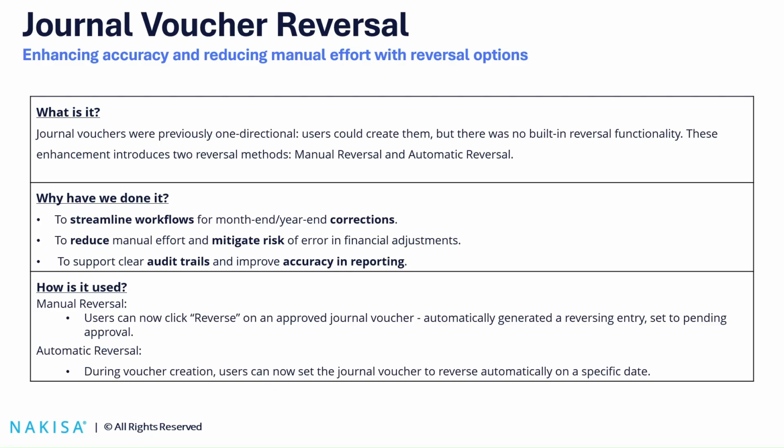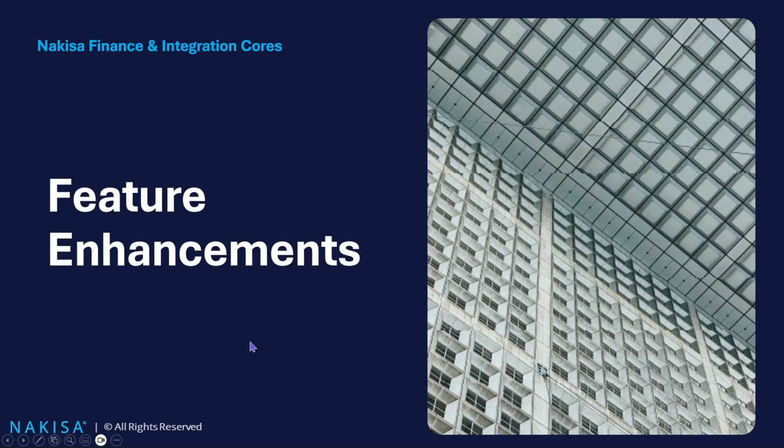Next, on our general ledger we have the option of reversing a journal voucher. Previously, we only had the option to post a journal voucher. Now the user can actually have a reversal. So what we have done is you can click on reverse and provide a date